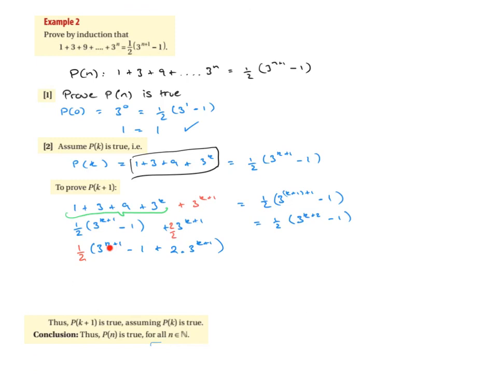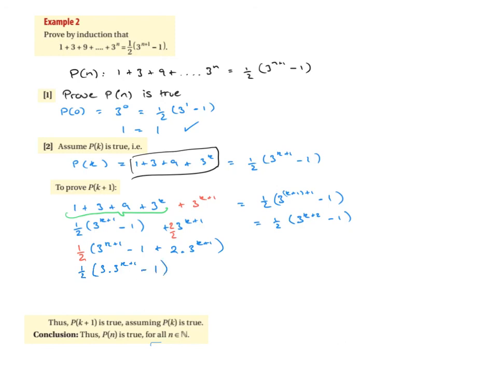And then the second bit is we're adding, to get to this one, half times 2 will give me 2 over 2, so 2 over 2 there, and it's 3 to the k plus 1. Now hopefully you can see that we can combine this and this. We've got 2 lots of 3 to the k plus 1 plus 1 lot of 3 to the k plus 1, which means that what we're going to end up with now is a half by 3 lots of 3 to the k plus 1 minus 1